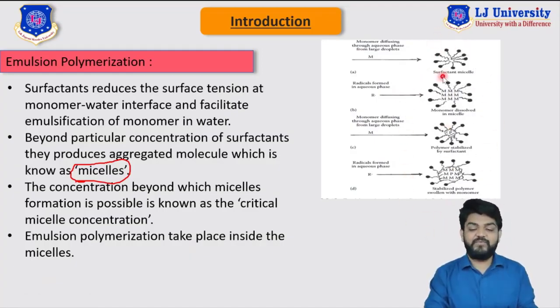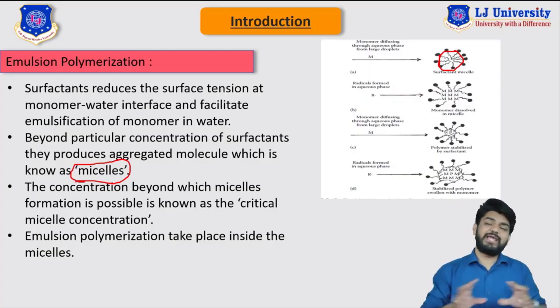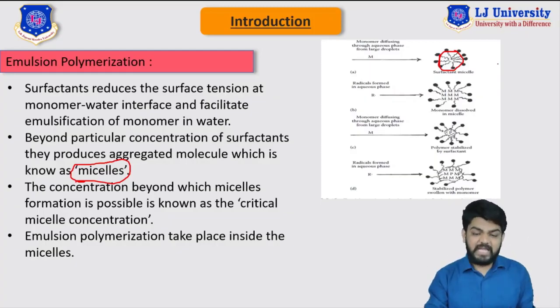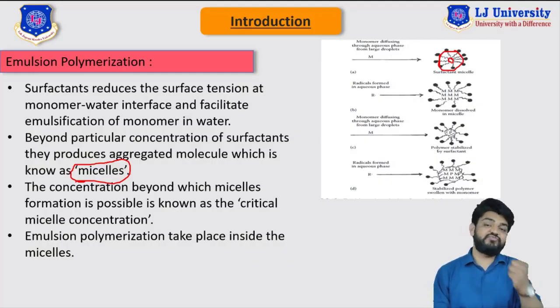You can see here we have taken these surfactants, right? These are the surfactants. Let me just take a pen. Their head, this is their head, is hydrophilic, which is water loving, right? So it can easily dissolve in the water. But their tail is hydrophobic, which is water hating, right? So inside this our polymerization can take place, since our monomers are very much insoluble in the water.